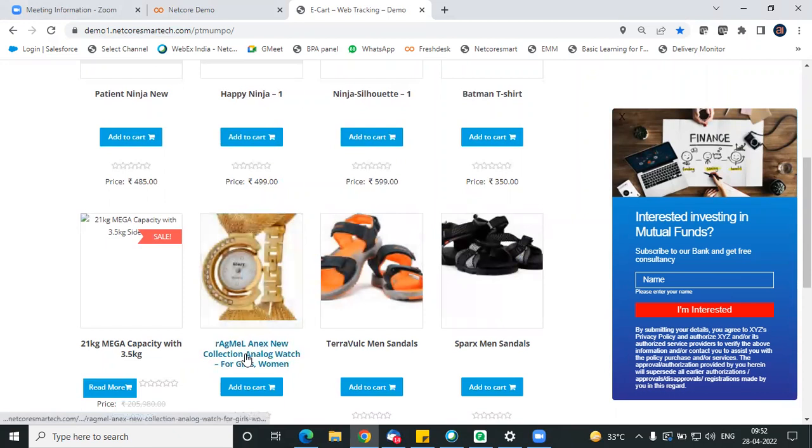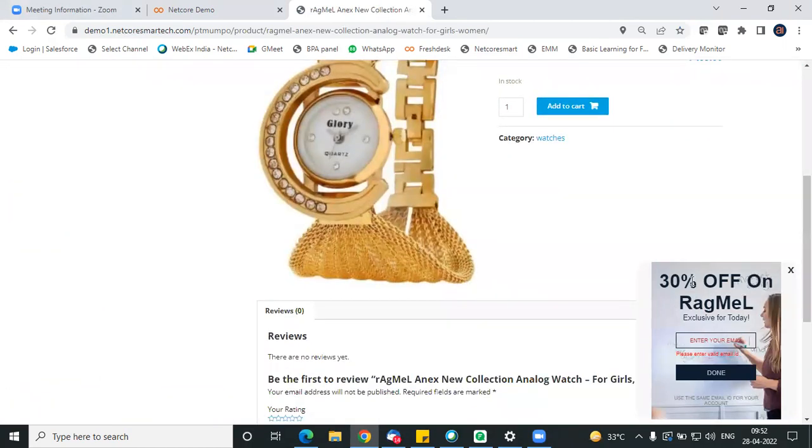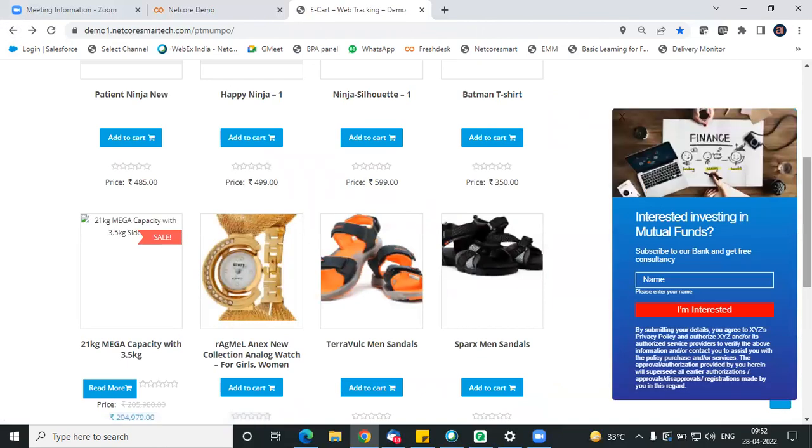Like if I go to this Ragni NX, the moment I click on it, I get to see that on this watch there is an offer of 30% off. Now, this could be generic or this could be customized. For a few customers this would be 30%. For a few customers it could be 20% as well, depending on which bracket the customer falls into. Then we can also show messages to the customer which can capture some information. For example,